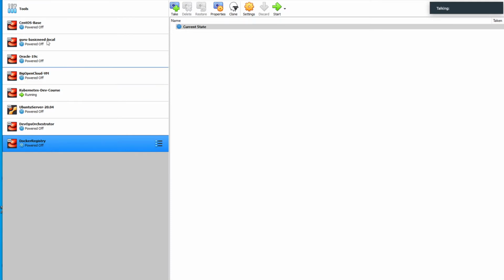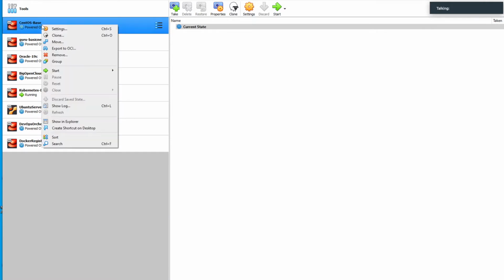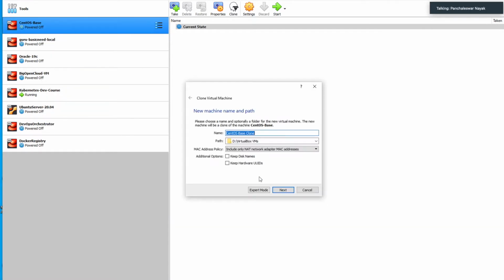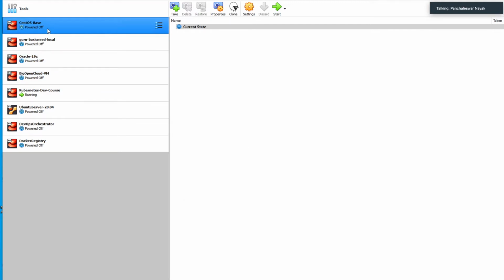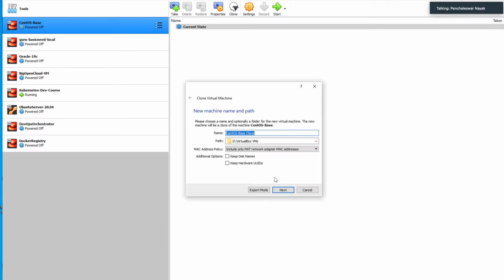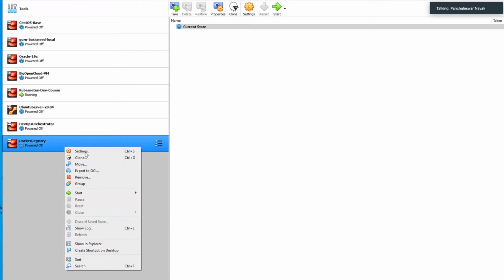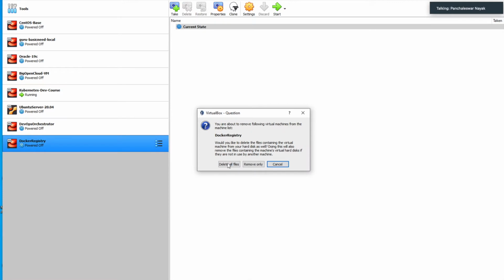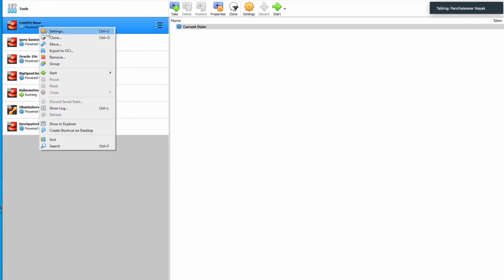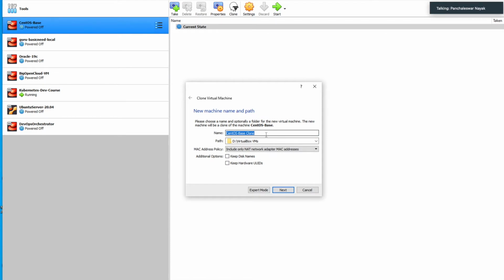Normally, I have a base image and I always clone it. If I need a new one, I always clone it from the base, and this is simply a base flavor of CentOS, nothing else is there. I install it and update it every time, and I clone it whenever I need anything, so it is quick. Let me remove this one, because I have already deleted all the files. So I clone it and call it my Docker registry,